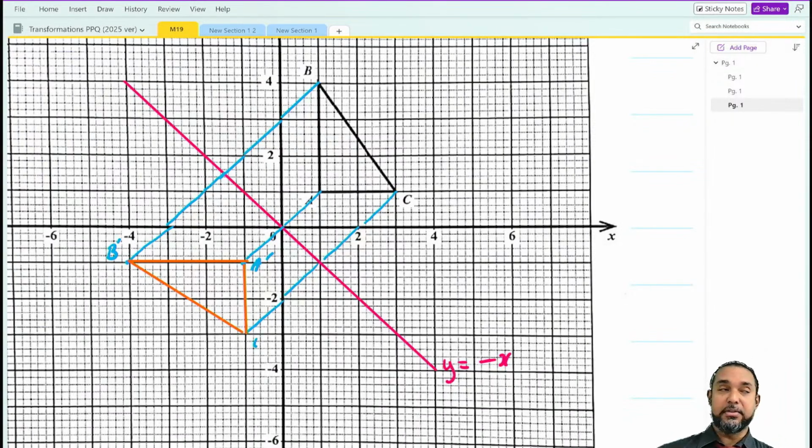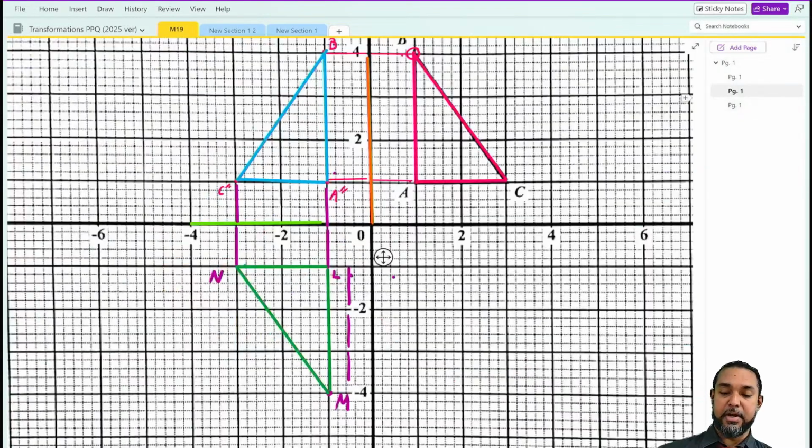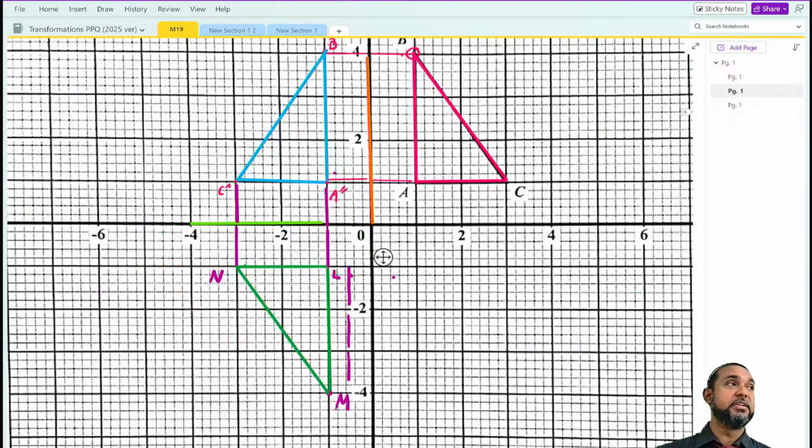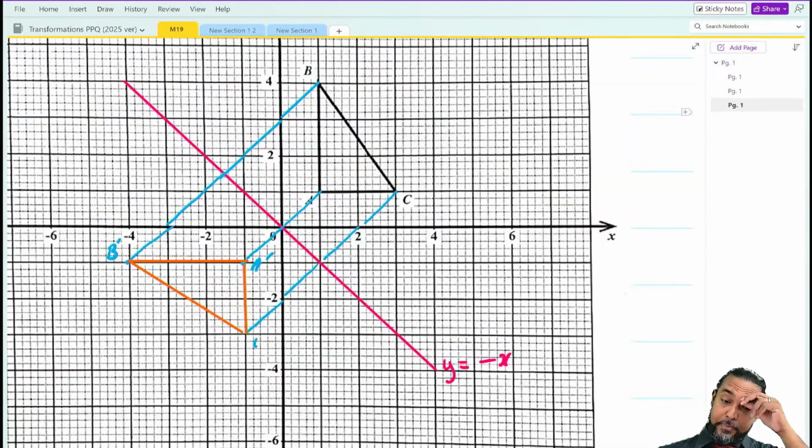Right. So does that look like what we have down here in green? No. It is a reflection, right? But that would not therefore be the sum of two other reflections, right? So this is a reflection in line y equal to x. But I'm glad they asked that because it gave us a chance to see how we will go about reflecting in a diagonal line. All right.